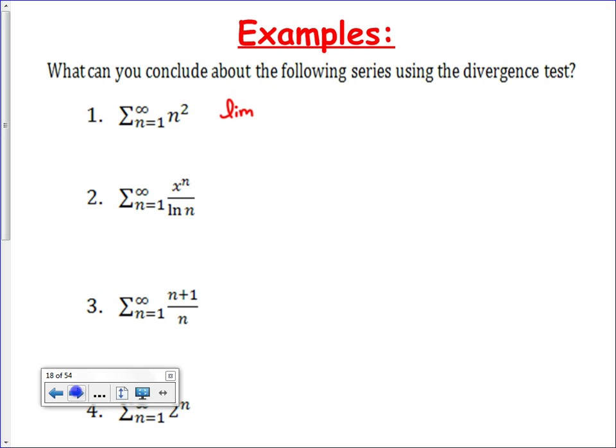Now, if you wanted to, could you start writing out terms? You could say 1 plus 2 squared, 4, plus 3 squared, 9, plus 16. You can always write out terms if it makes it easier. Geometric? No. Okay, if not geometric, limit as n goes to infinity of n squared. Does that equal 0? No, it equals infinity, right? Not 0. Therefore,